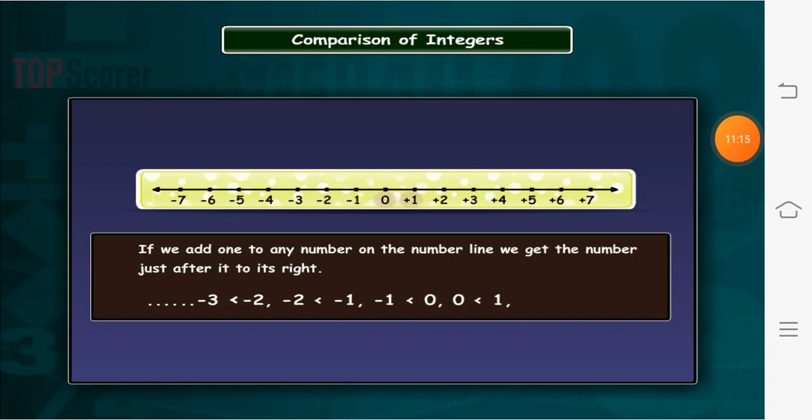Now children, here I am comparing 0 with a positive number. Now which one will be bigger? Here we see that positive numbers, which we use in our day-to-day life, are always bigger than 0, and 0 has no value. So we can say that all positive numbers are greater than 0. So the crocodile mouth opens towards positive 1.